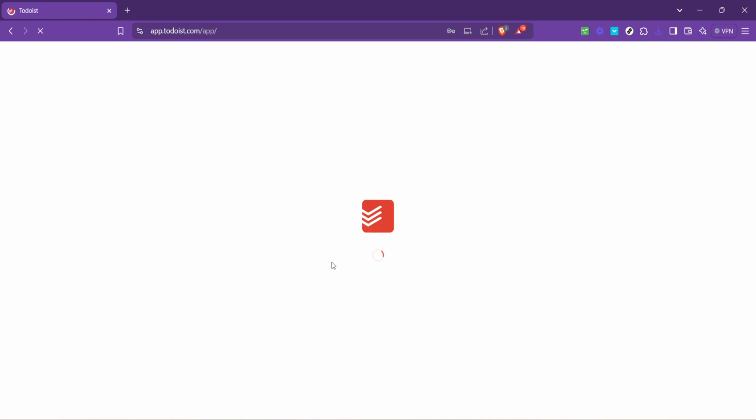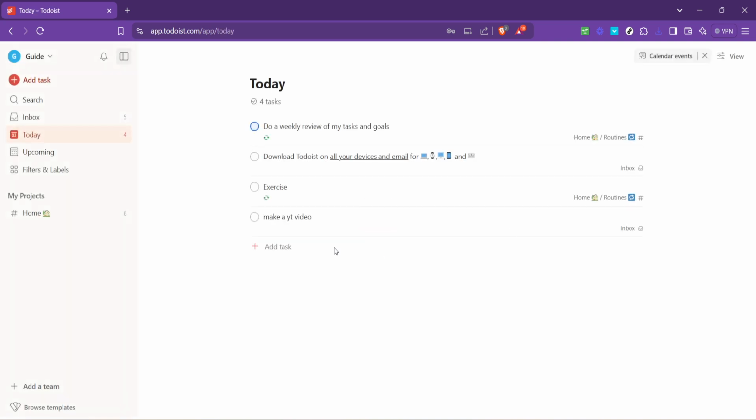Upon arriving at the login page, you'll be prompted to enter your email address. Make sure to type in the email address you used to register your Todoist account. Accuracy is key here, as it ensures you'll gain access to the correct account. After you've entered your email, it's time to input your password. Choose the password field, type in your password carefully, and press the login button to proceed. If you've entered everything correctly, you will now be successfully logged into your Todoist account, where all your projects and tasks are just a click away.